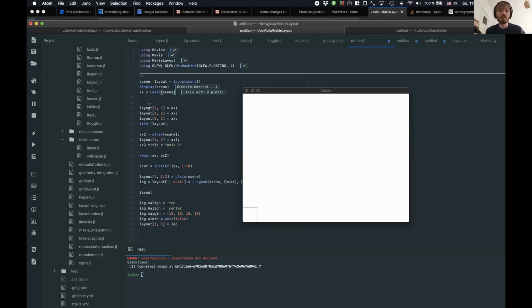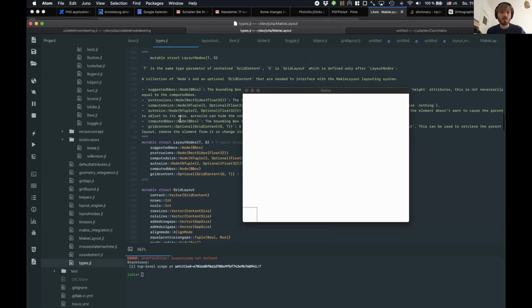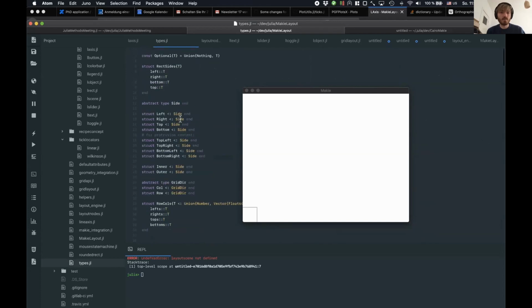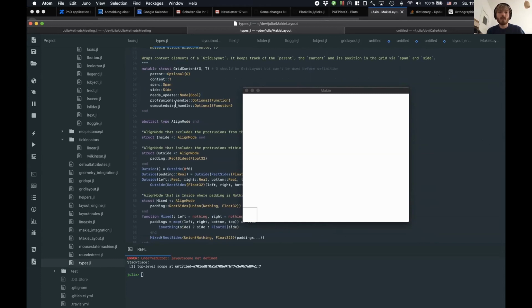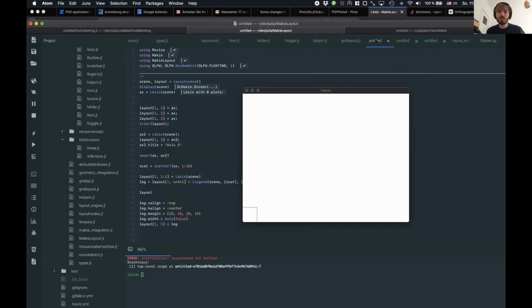But what we can do now is assign this axis into the layout. At this point, a link will be established, and the axis will be placed in a grid content object, like I showed you here. So it will be placed in one of those. Then the protrusions of the object and the computed size, those two nodes which tell how big the object is, will be connected to the grid layout and inform it how big the object is. So once I do this,